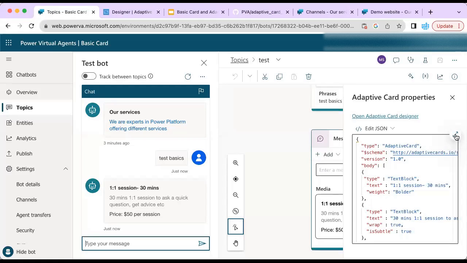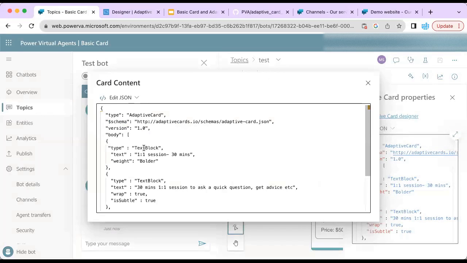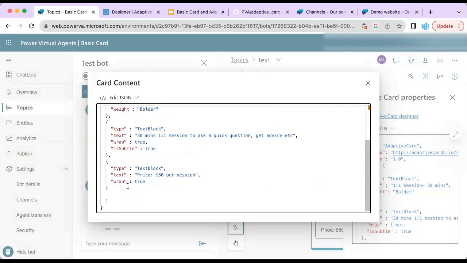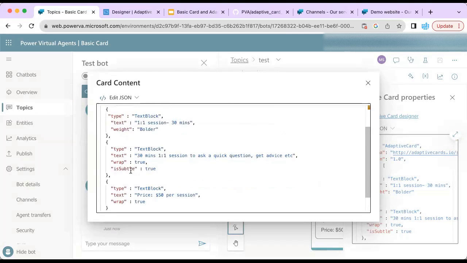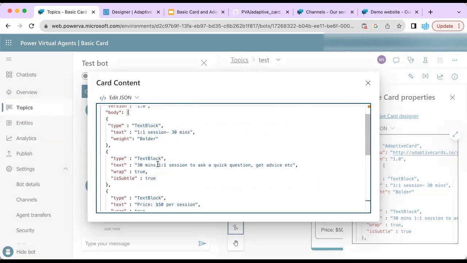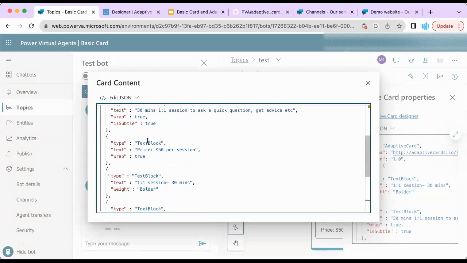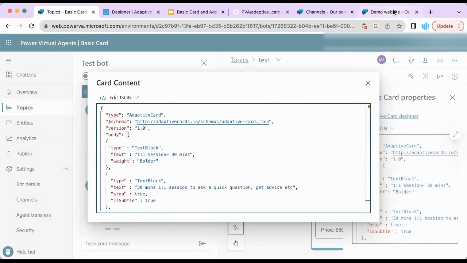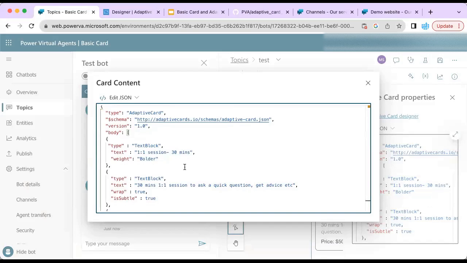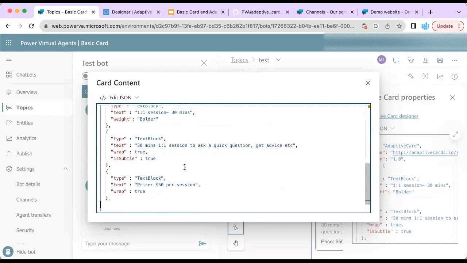So now in this video, I told you what are the basics of adaptive card. So you learned how to put different blocks, what are different properties you can set. Now you might think that for you to put multiple cards, you have to again copy these three things and then put comma, add all these things, which is doable. You can modify some of those things. So for example, if I go here, I can copy project delivery here. And for the second card, I can,